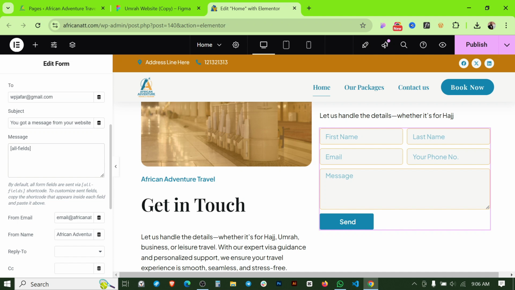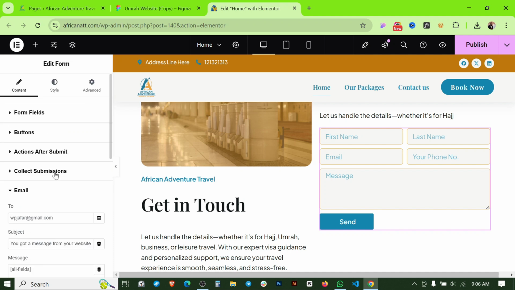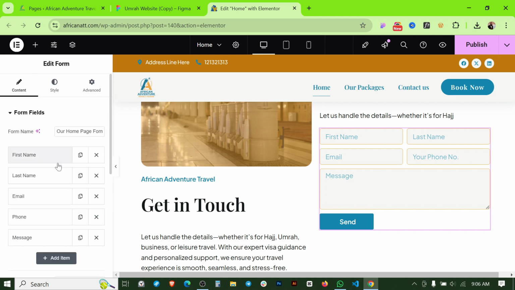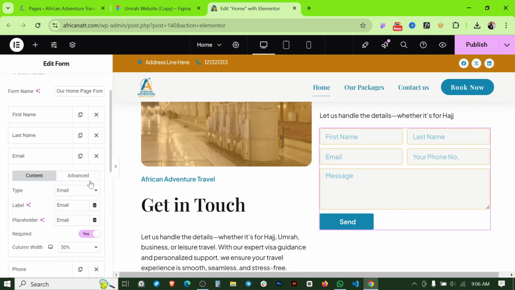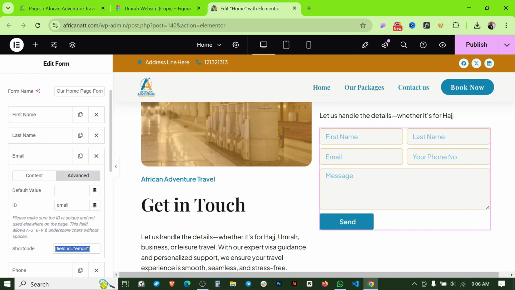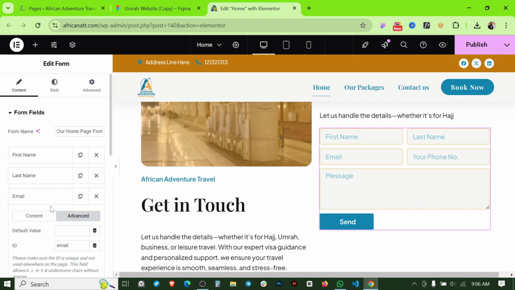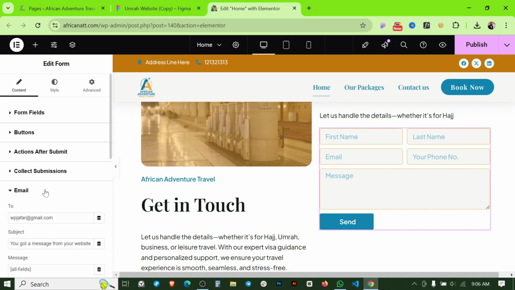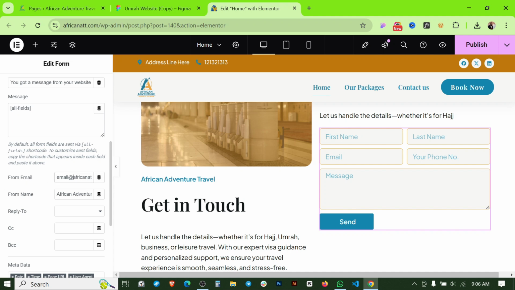Okay, all filled. What we can do, for the form email, if I go to the form field, click on the email and go to advanced, let's copy this shortcut. Now I'm going back to the emails again, and here from email we can paste this code, like that. We can send a reply to, it will be automatically taken, this one. If I hit publish, and if I refresh it again,